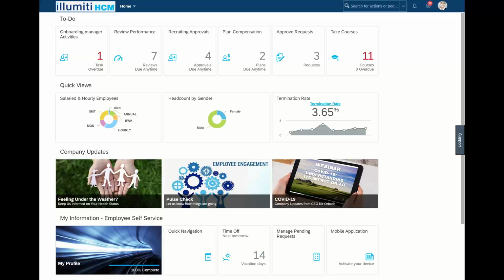So on my system screen, you should see that I am logged in as Maya Cooper. She's going to be our demonstration user for today. This system is branded with my company's color scheme and logo, but of course this would be specific to your particular group. For those of you who are currently running SuccessFactors in some capacity, this screen probably looks familiar to you